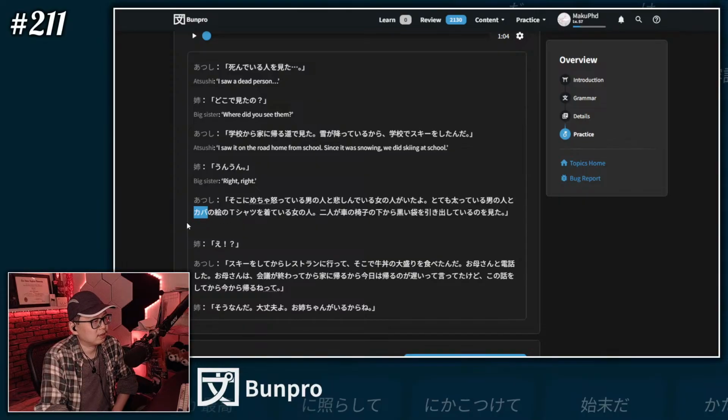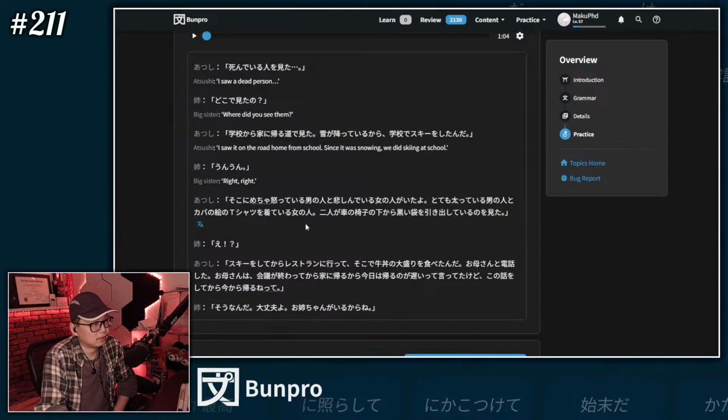I guess maybe kaba is something on the t-shirt. The female was wearing a t-shirt with a picture of kaba, and the very fat guy, and that the two